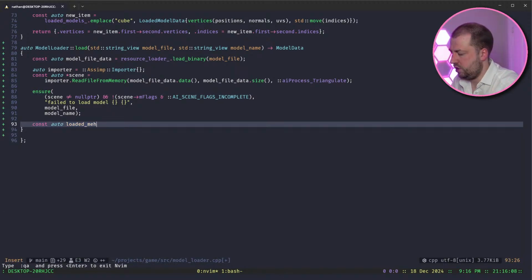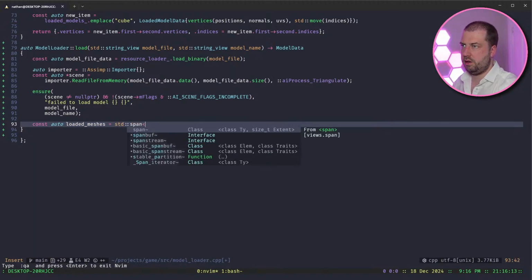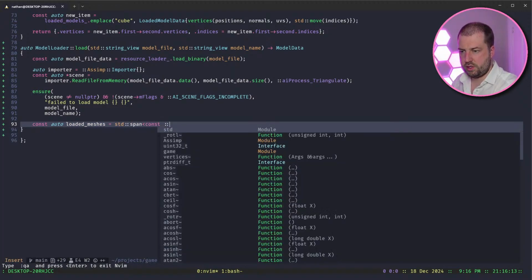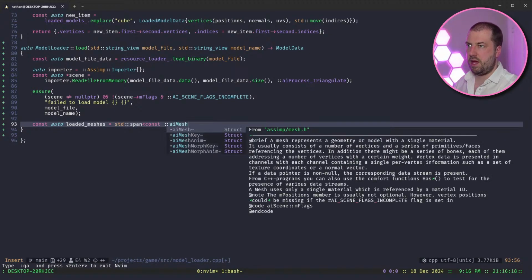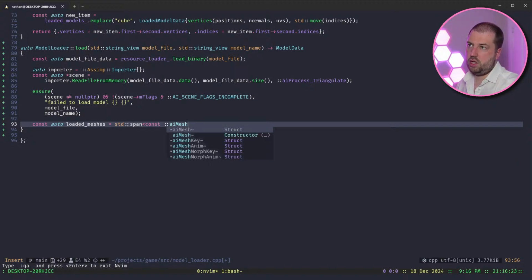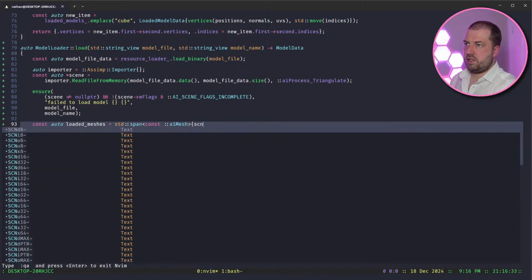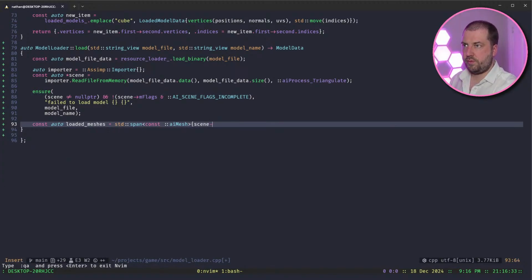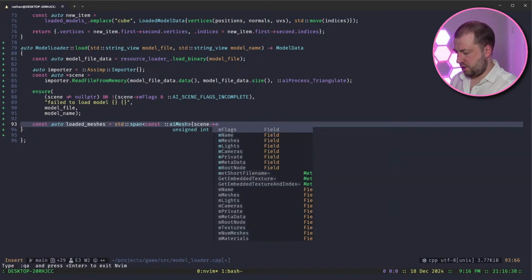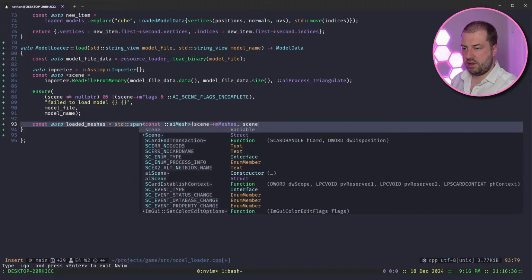I think they call it meshes, equals std span const aiMesh, and then we'll pass into that the scene mMeshes and scene